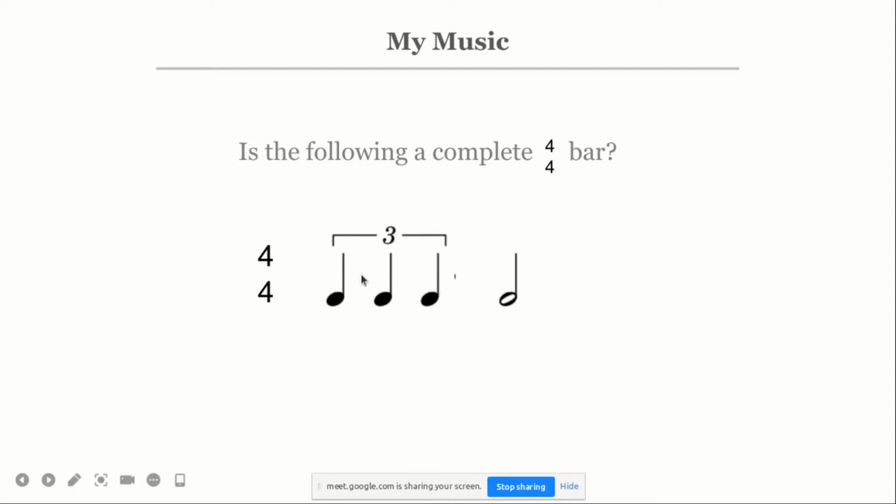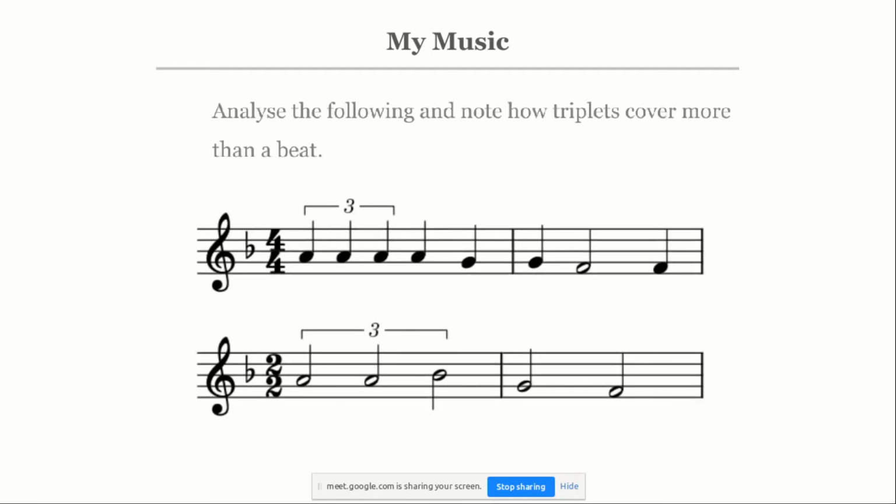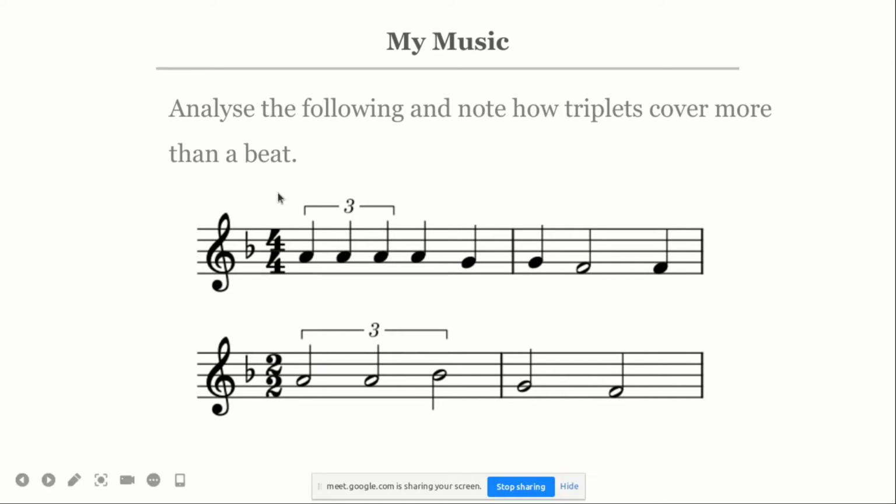2. If you add a minim, how many crotchets do they become? It will be 4. And that is 4-4. So this is a complete 4-4 bar. The previous one without the triplet was extra, but the triplet now compresses the 3 to be equal to 2. Does it make sense? Yes, it does. Okay, thank you.